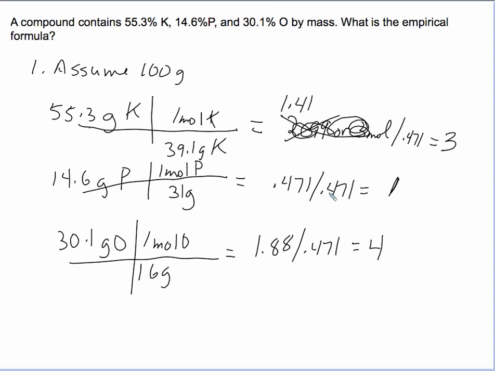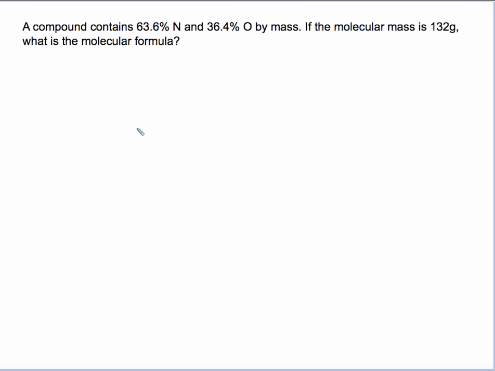Notice how I took the smallest moles, divided it by itself, that sets it to 1. Then I take the next ones and I divide them by the small one also. And so then I get this ratio. I get K3P1, which I'll just leave the 1 off, O4. K3PO4. All right, there's one more type of problem that you need to know how to do, and it's where